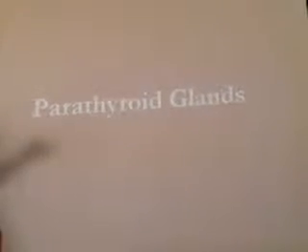Next is the parathyroid gland. About the location, as already told, it is on the posterior border. Usually paired, superior and inferior parathyroid glands, and these are very small in size, about 5 millimeters. It is called parathyroid because of its position on the posterior margin of the surface of the thyroid gland. Para means beside, that is why it is named.